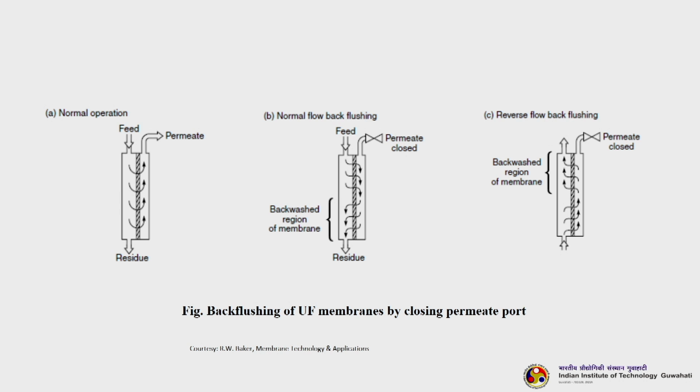The cleaning process mechanism is that, once the process is over, you take out the membrane system and use fresh water from the permeate side of the membrane, depending upon what type of membrane you have, and then try to clean it. Once that is over, at a very high flow rate, which is recommended for that particular membrane module, then, depending upon the nature of the solutes that membrane has dealt with, you can use some detergents or a very dilute acid or dilute alkali.